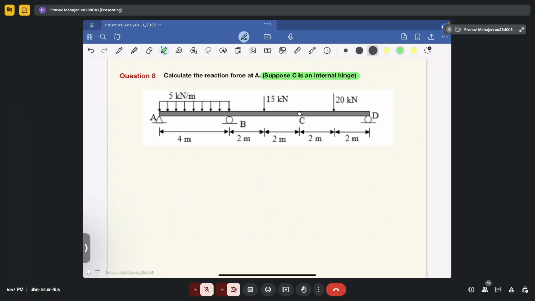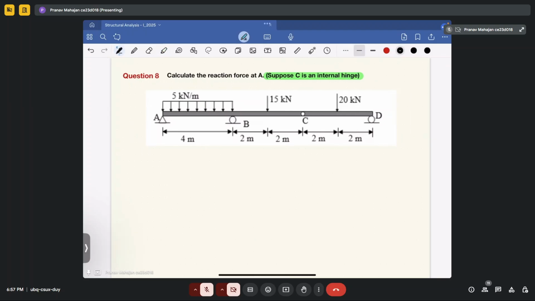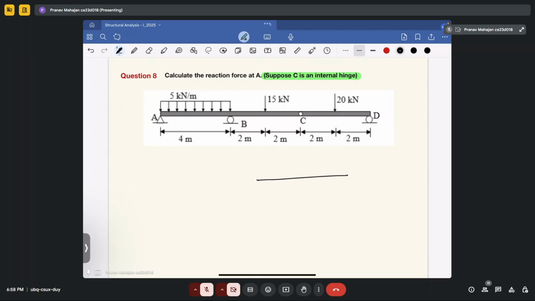So if we divide this whole beam into two parts, let's say I will first draw part CD. Okay, so this is point C,